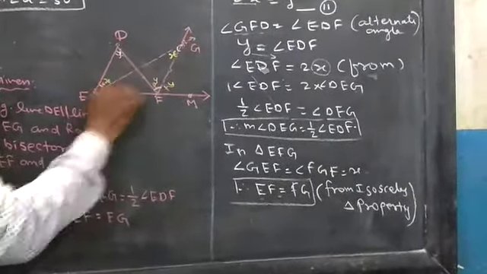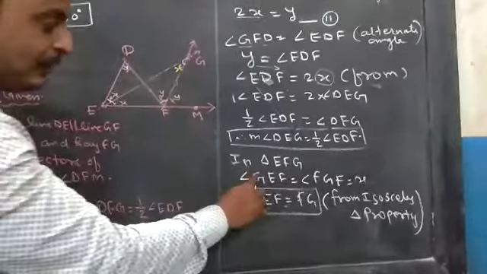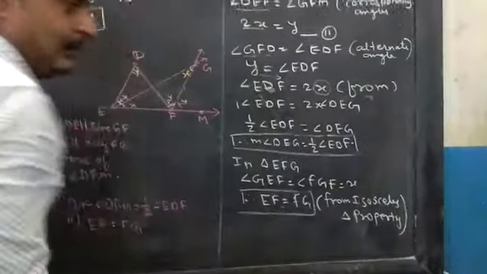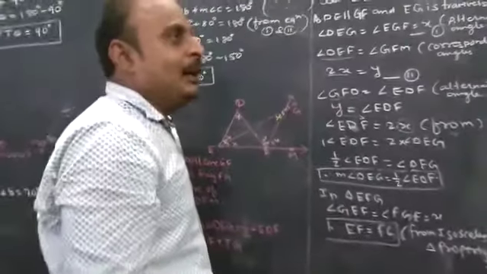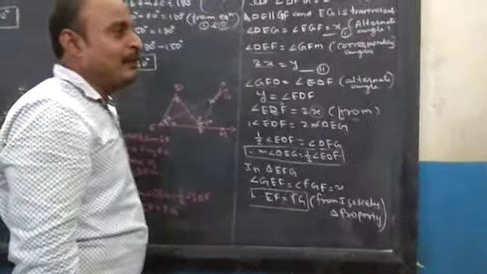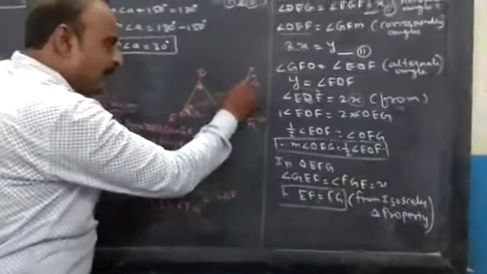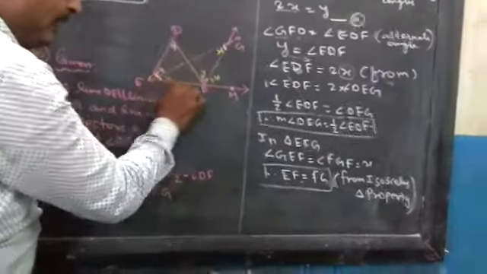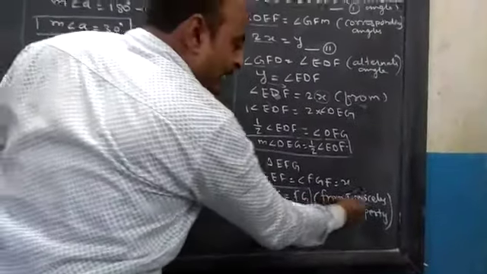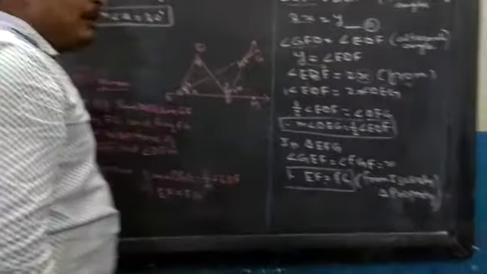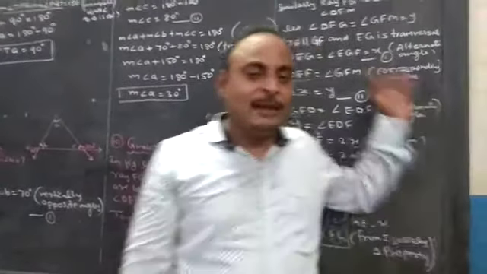EGF में इसकी वैल्यू भी x है और ये एंगल की भी वैल्यू x है। ये कौन सा ट्रायंगल हो गया? आइसोसेलीज हो गया। क्यों? क्योंकि इसमें दोनों एंगल की वैल्यू क्या है? कॉमन है। और आपको मालूम है, अ ट्रायंगल व्हिच हैव टू एंगल्स इक्वल इज नोन एज आइसोसेलीज ट्रायंगल, एंड द अपोजिट साइड्स ऑफ कॉन्ग्रुएंट एंगल्स ऑफ आइसोसेलीज ट्रायंगल्स हैव इक्वल साइड्स। दोनों साइड्स में क्या होते हैं? इक्वल होते हैं। तो मतलब ये एंगल, अगर ये दोनों एंगल कॉन्ग्रुएंट हैं तो इसका अपोजिट साइड कौन सा है, EF, इसका अपोजिट साइड कौन सा है, GF, यानी ये दोनों साइड्स क्या होंगे? कॉन्ग्रुएंट होंगे। क्यों? फ्रॉम द आइसोसेलीज ट्रायंगल प्रॉपर्टी, आइसोसेलीज की प्रॉपर्टी होती है कि जो एंगल उसमें कॉन्ग्रुएंट होते हैं, उनके अपोजिट साइड्स पे क्या होते हैं? इक्वल होते हैं।